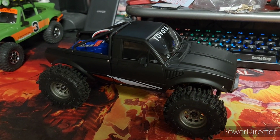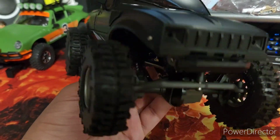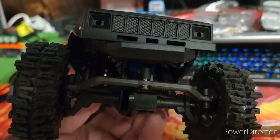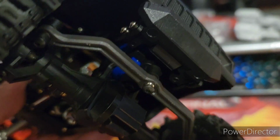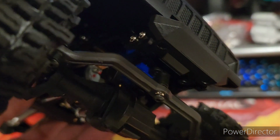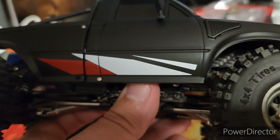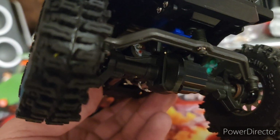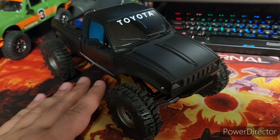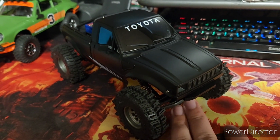That'll wrap it up for this video, but I do have more plans for this thing down the road. I am looking into a lay-down servo conversion for this thing. Some of the issues with this body is that that piece there is hitting the mount when this thing flexes, and same with the servo. It's hitting the hood when this thing articulates, and it's probably because I have the ride height down a lot more, but I want to keep this thing low like a belly dragger, so I'm going to work on a conversion kit that will